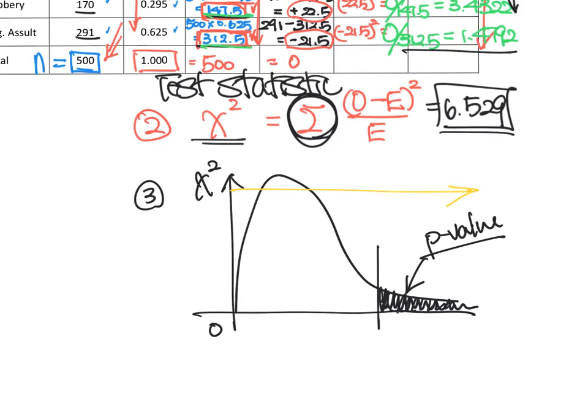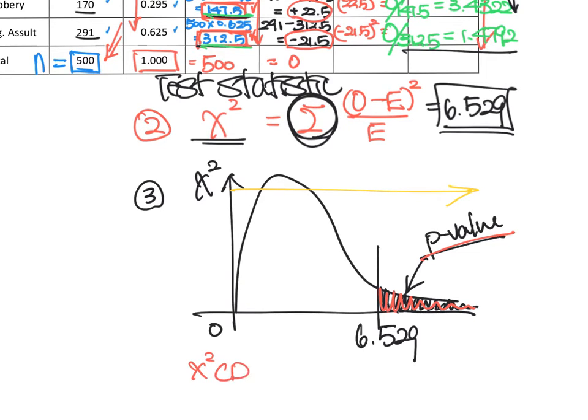Then now the test statistic was 6.529. Then now we need the right tail probability for the p-value. Using your calculator, if you have a TI-84, please press second and then distribution. There is a list starting from the normal distribution and the t distribution, going down. Then you can take